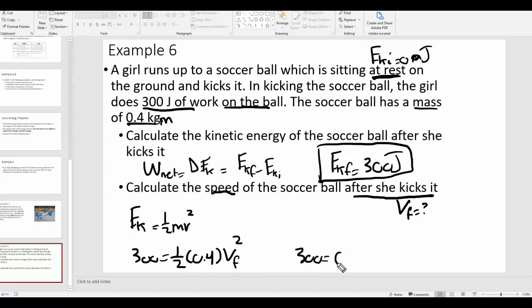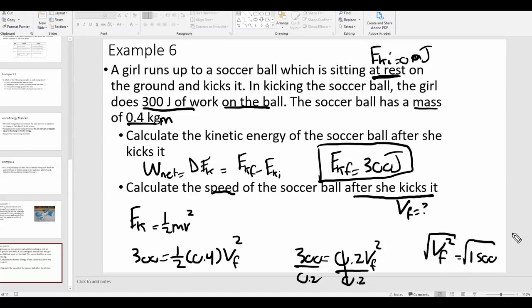1/2 times 0.4 is 0.2 VF squared. There's two things being done to VF. It's being multiplied and it's being squared. So I want to divide both sides by 0.2. Okay, and so I get VF squared is equal to 1500. And then to get rid of the square, I need to do square root on both sides. Okay, so the square root of 1500 is approximately equal to